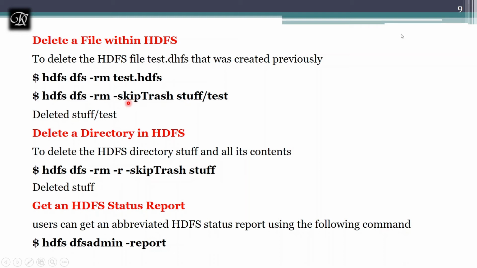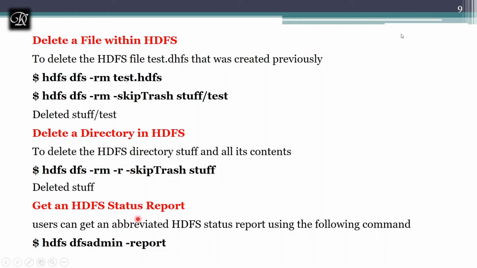Once you use the skip trash parameter with it, it's going to delete it. So rm is for deleting a file, and -r is for recursively deleting a directory. That is what I have specified over here.